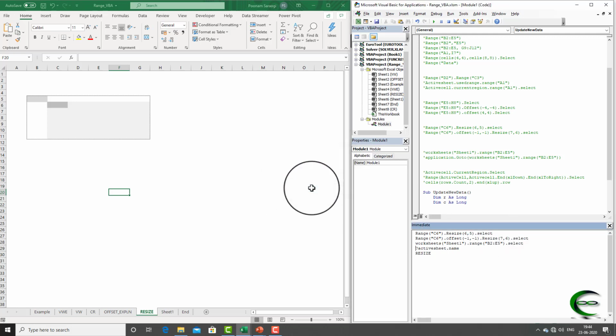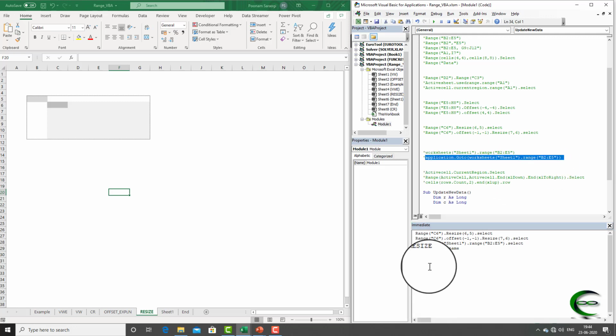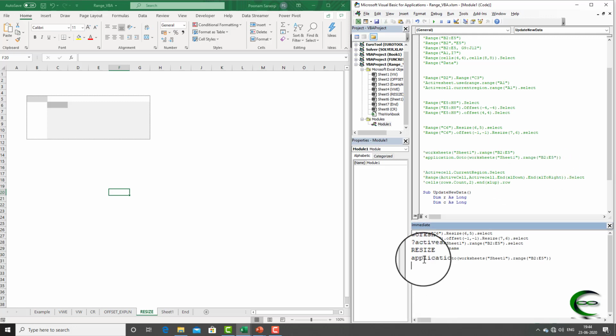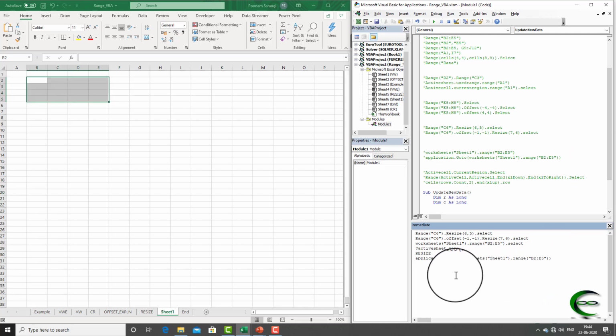Excel is giving an error, so I need to activate sheet 1 first, or I can use this GoTo method. I am still in the resize sheet and I can select the range in sheet 1. See, like this: Application.Goto Worksheets sheet 1, range B2 to E5, and Excel selected this range in sheet 1 for me.